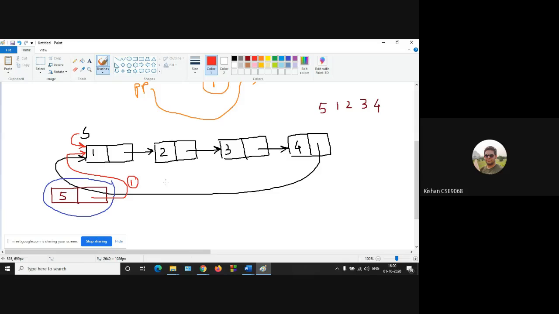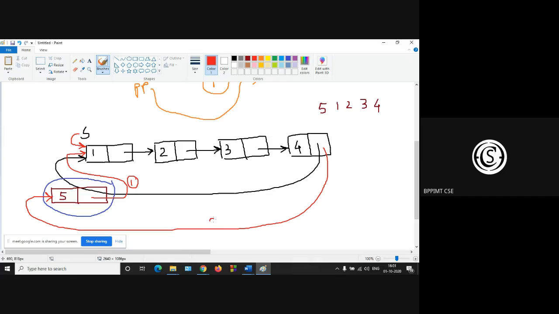Yes, sir. Okay. What will be your second operation? Then we point the next of the last node to this new node. Very good. So next part of the last node, as this is circular, is now pointing to the new node.